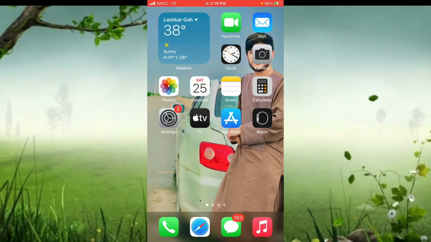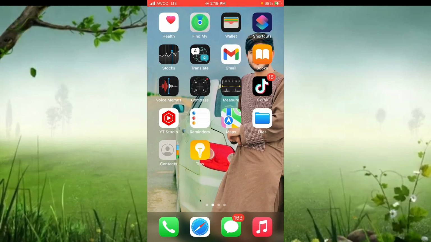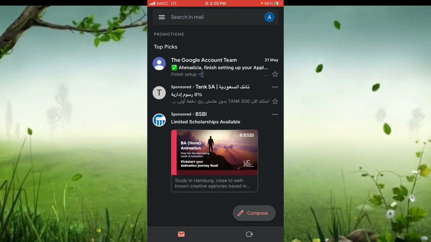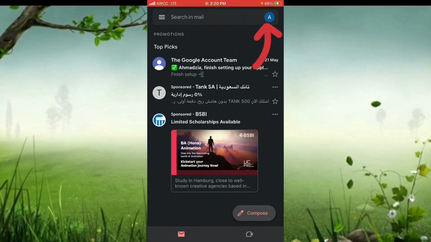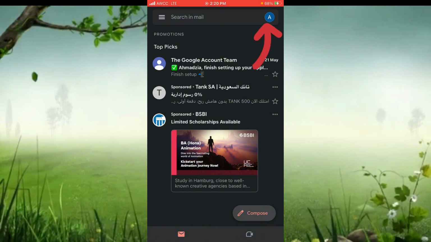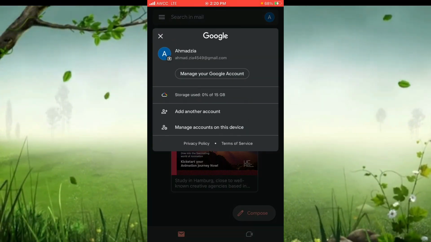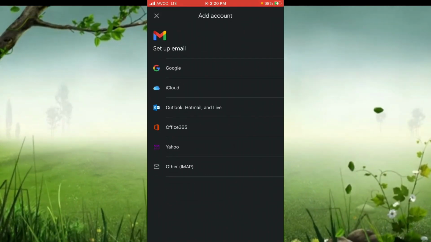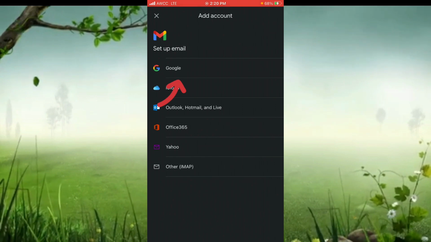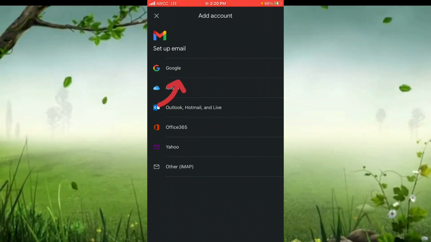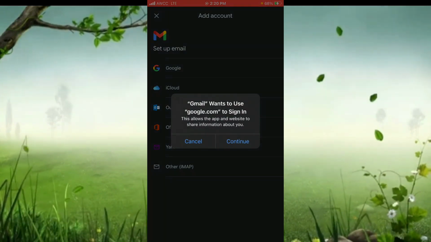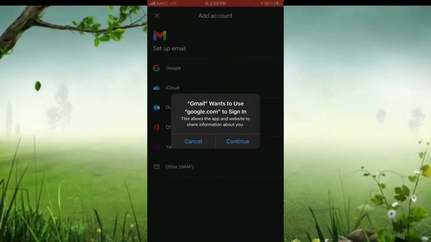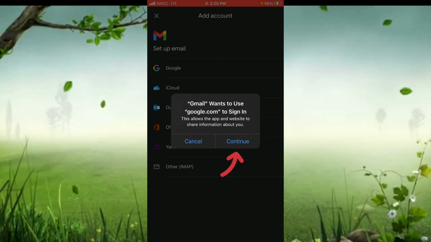So it's simple. To get started, go to the Gmail app, and now you see at the corner of the screen an option that's called profile. Click that, and you see an option, add another account. Click this. Now you want to create a Google account, so click Google, and Gmail wants to use google.com to sign in, so you want to create a Google account, so click continue,